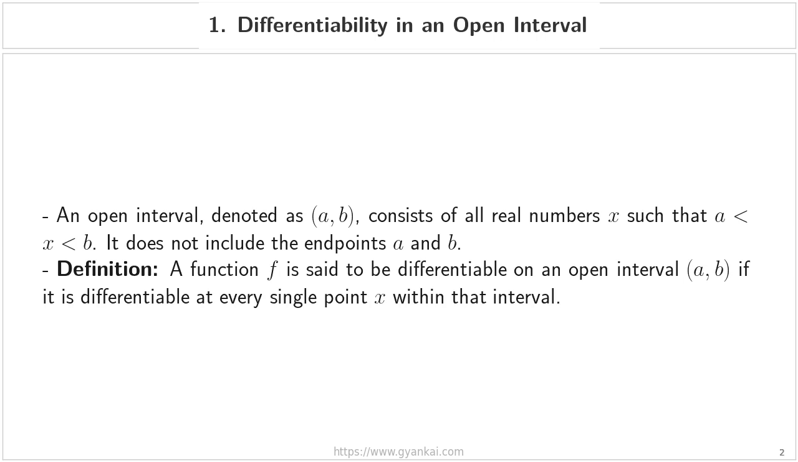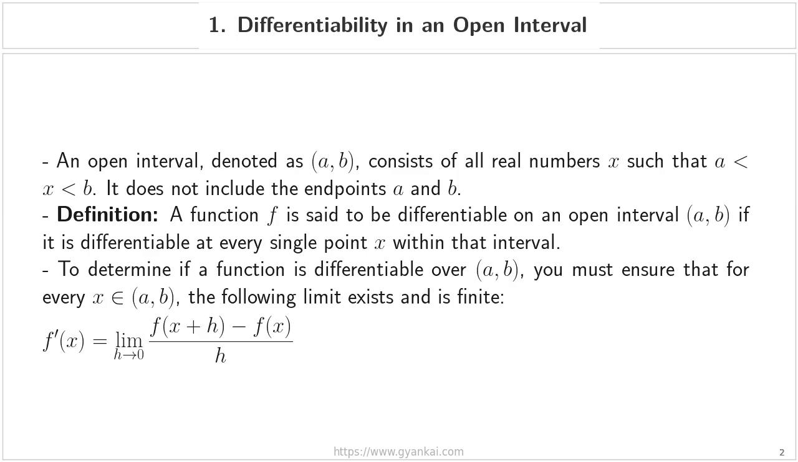Moving to the formal definition, a function f is said to be differentiable on this open interval, from a to b, if it is differentiable at every single point x within that interval. To determine if a function meets this criteria, you must ensure that for every x in the interval, the derivative, which we write as f prime of x, exists and is finite. This is verified using the limit definition. The limit as h approaches 0 of the quantity f of x plus h minus f of x, all divided